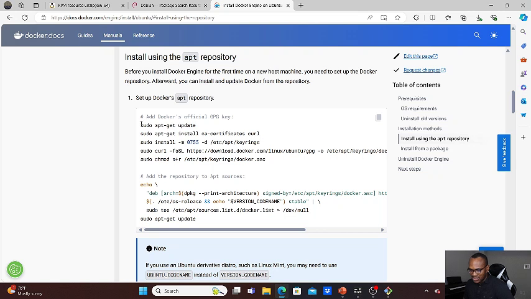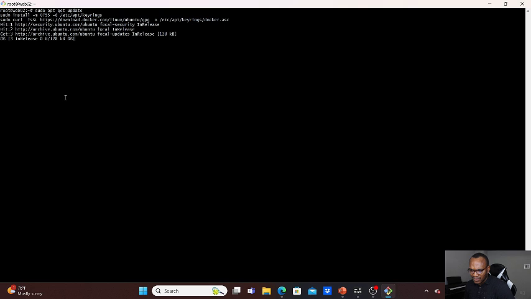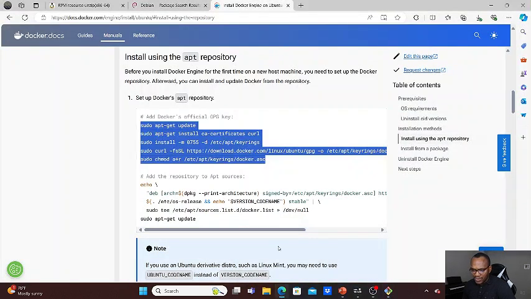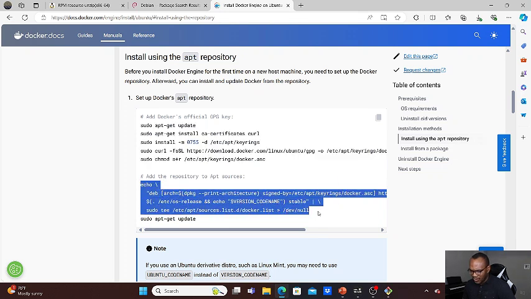So let's start. Let me just copy everything once like this first, and let me run it straight like that. If it's not working, you may have to copy it one after the other and install. So I'll copy the next one after that, and now we install. You can see we are adding the repository, and after we add the repository, they said we should run